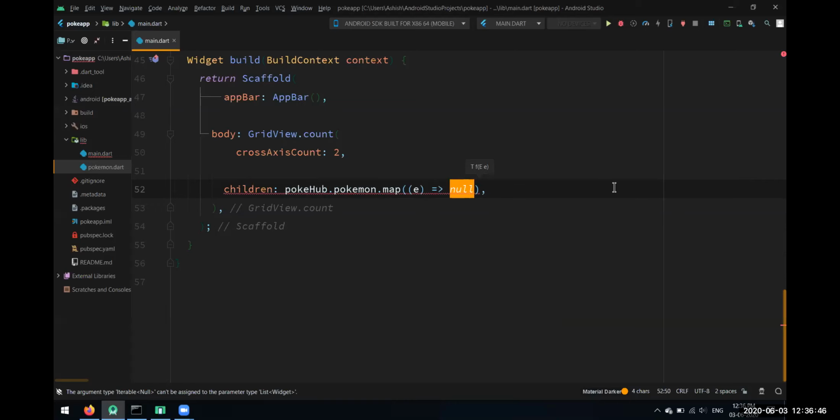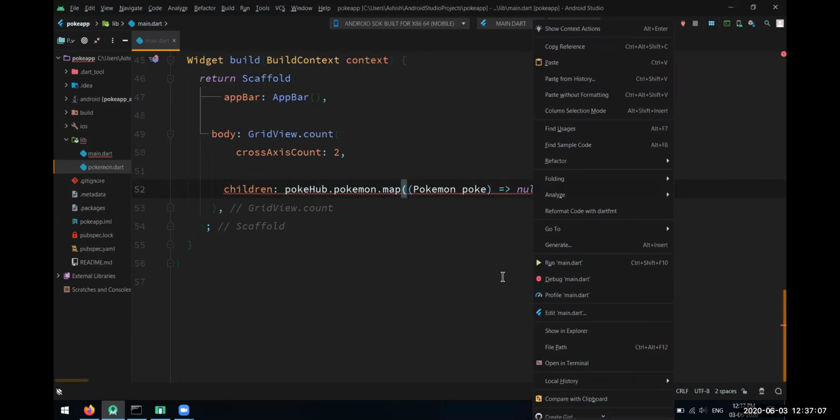What this map method returns is a widget. But first we have to pass it a parameter. This parameter would be of the type Pokemon object, and we can name it anything. We can name it Pokemon, but we'll just name it poke for now. Here we have to return a widget.